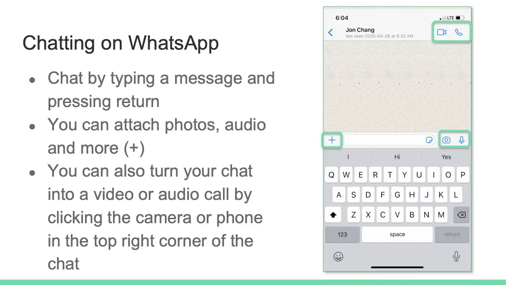You can chat by typing a message, and then you're going to click the return button on your keyboard. You can send many different forms of multimedia, such as photos, audio, websites, and more. You can also turn your chat into a call with your video or audio. And this is all over the internet, so it does not use your